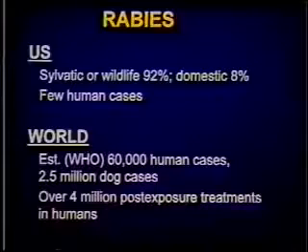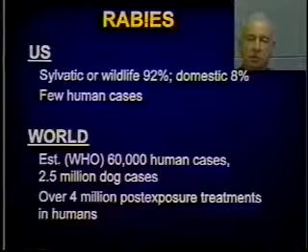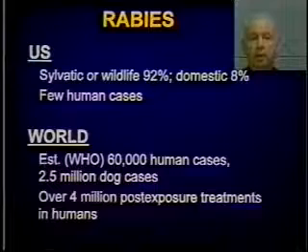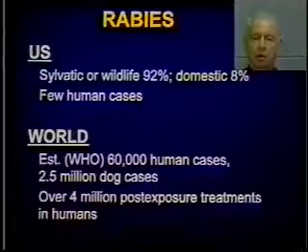Again, in the United States, dog rabies and cat rabies have largely been very well controlled, but now in the United States, rabies is primarily one of wildlife. Over 90% of the reported cases of rabies in the United States occur in wildlife. Not so in the rest of the world. As I suggested before, the dog is a major factor in rabies in many areas, such as in India and Pakistan, but occurring also in other parts of the world.